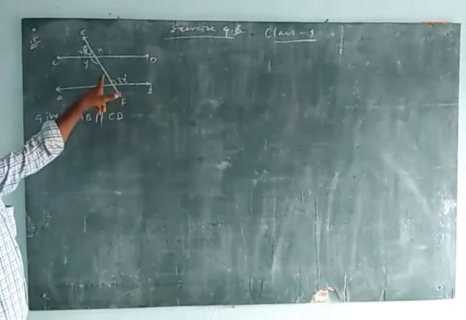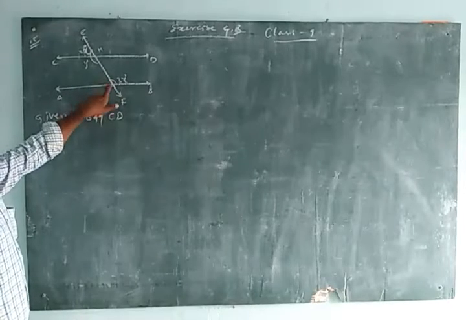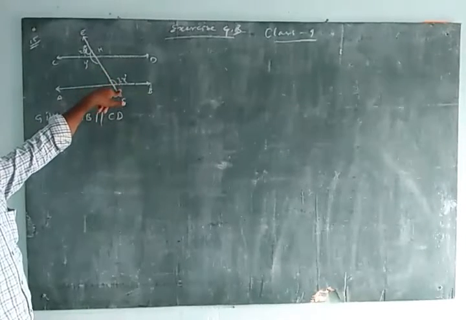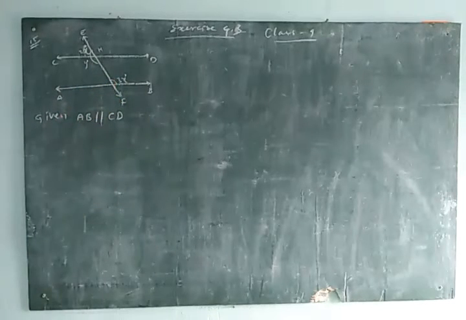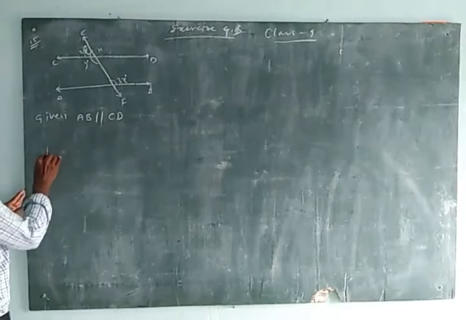Now here also 3x, and here there is nothing else. So the adjacent angle y is equal to 3x. Why? Because alternate interior angles are equal. So from the figure,